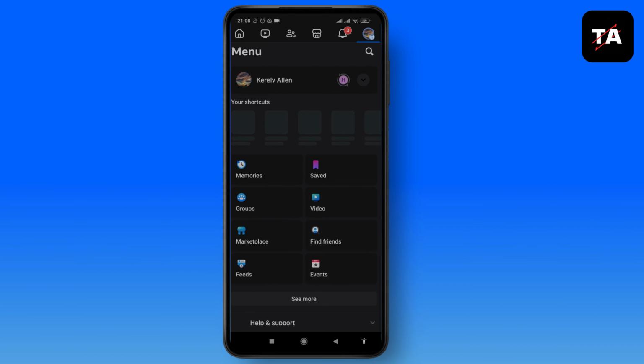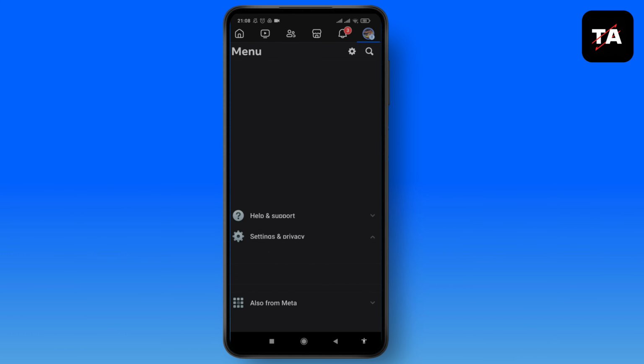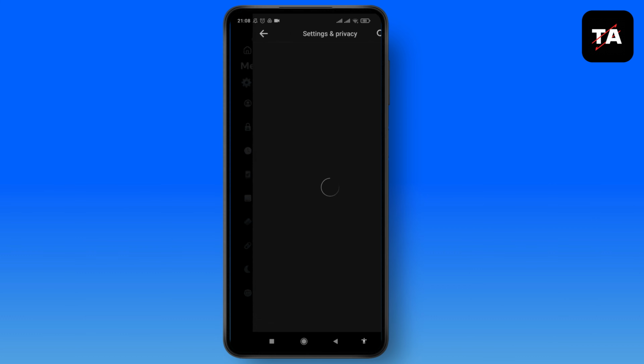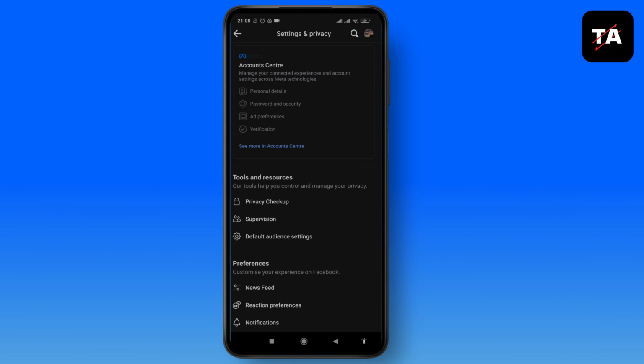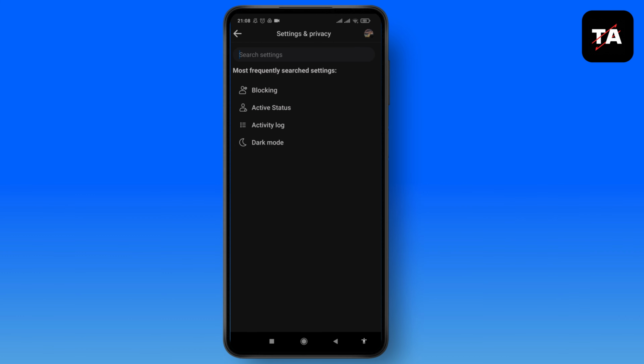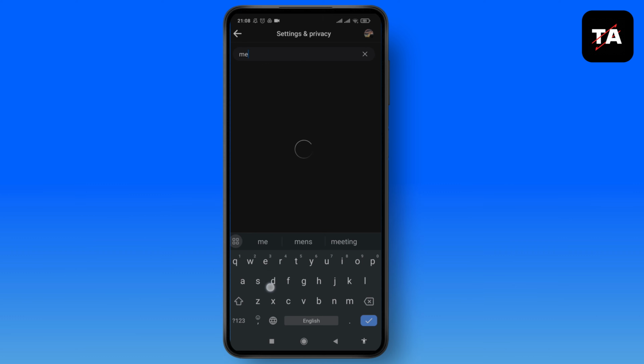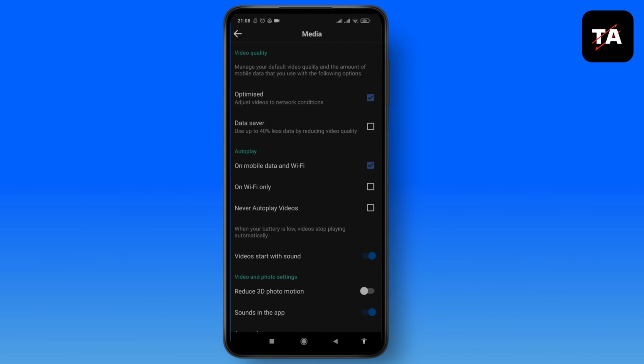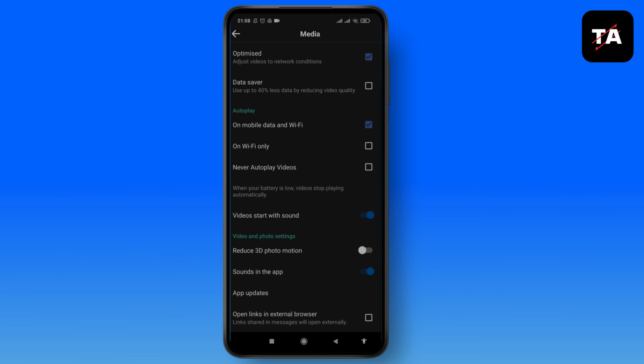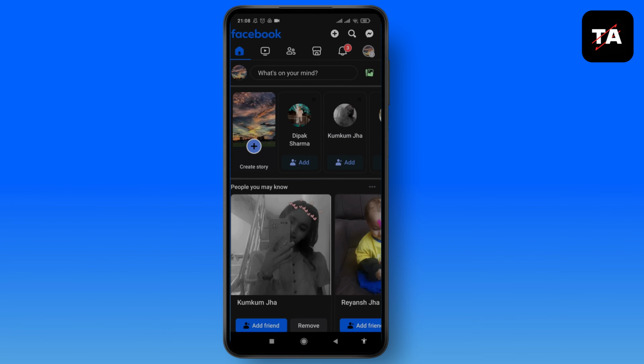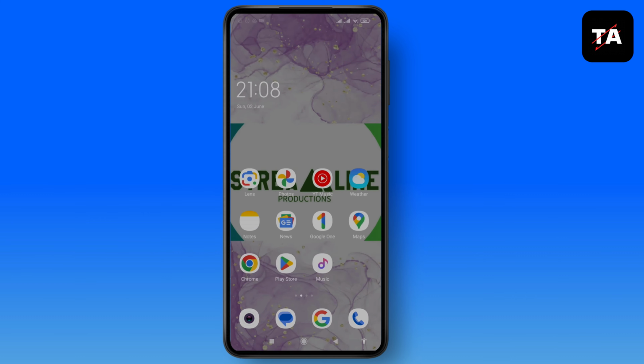Tap on the three horizontal lines, go to settings and privacy, tap on settings, and here search for media. Scroll down and make sure that the option "open links in external browser" is toggled on, and enable this option. After that, go back and go to the settings,